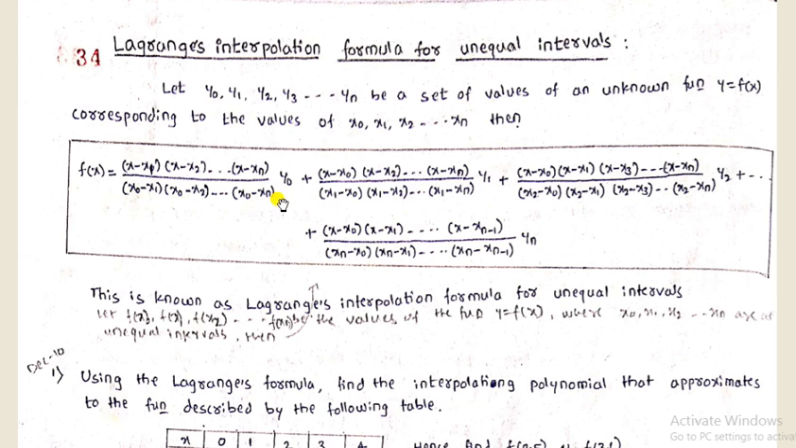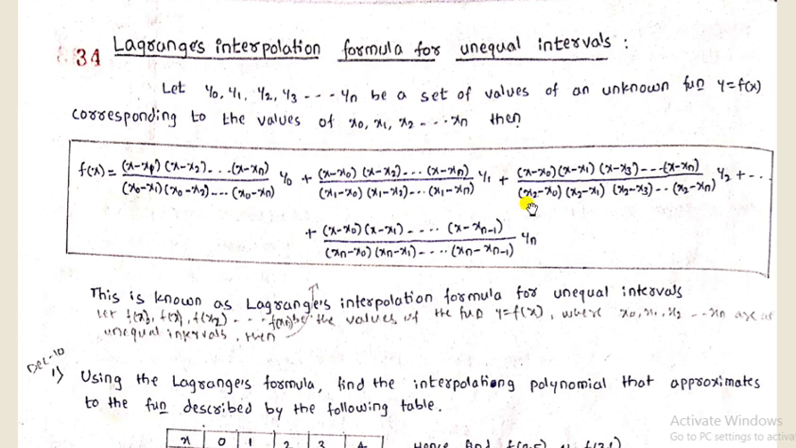into y0. So in the numerator the x0 term is absent, so the same x0 term we use in the denominator. Plus the second term is (x minus x0)(x minus x2)(x minus x3)(x minus x4). In the numerator the x1 term is absent, so the same x1 term we use in the denominator: (x1 minus x0)(x1 minus x2)(x1 minus x3) into y1,